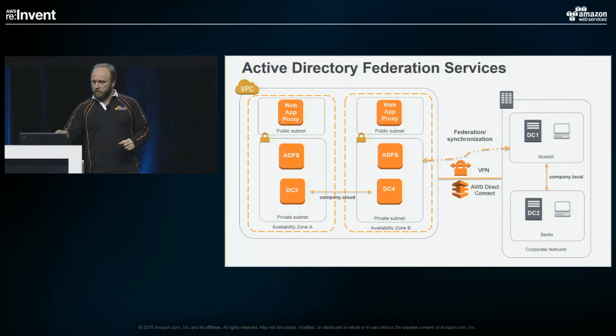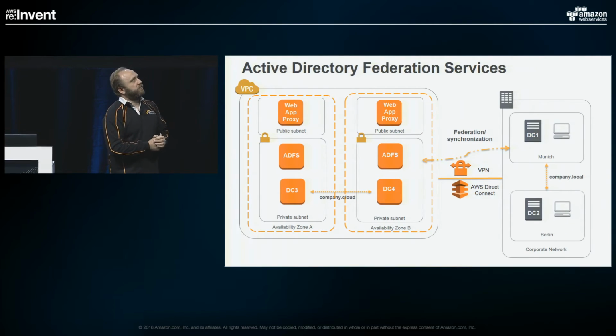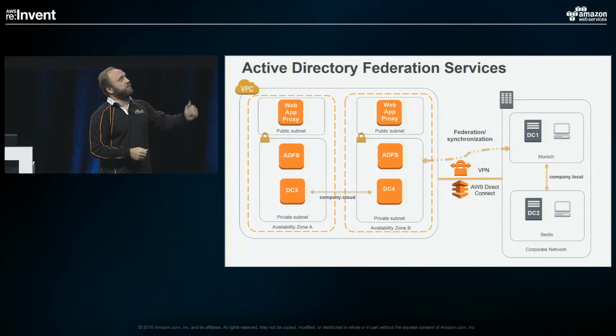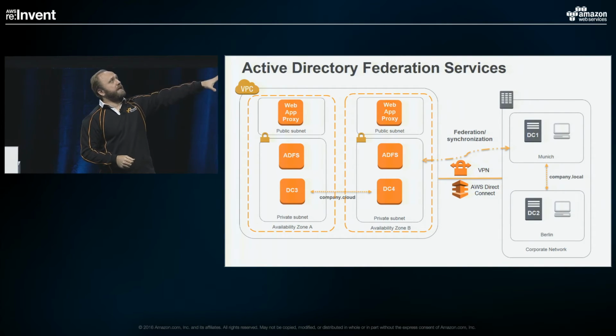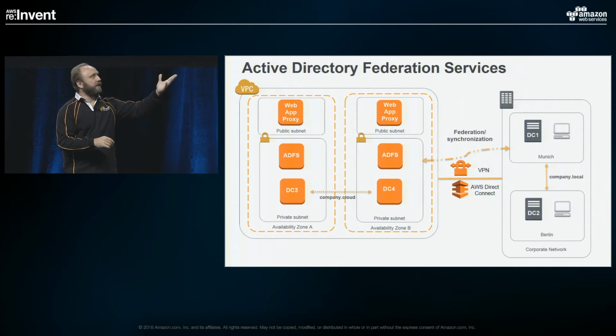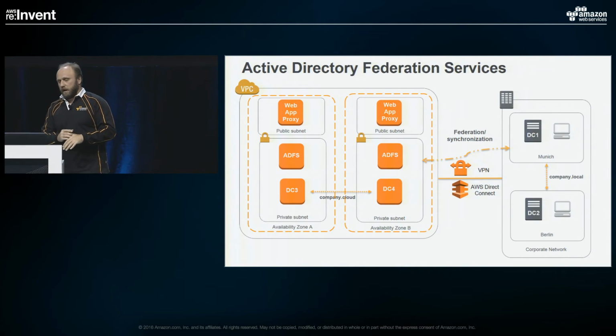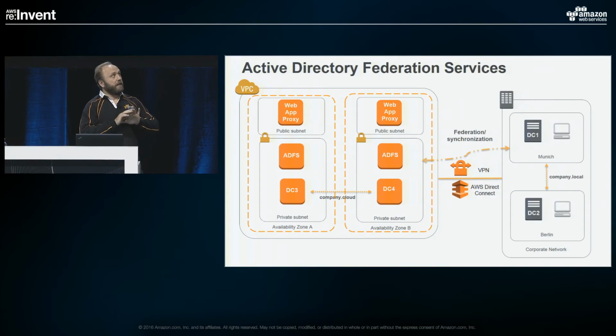So what does the Active Directory Federation Services deployment look like? Pretty much something like this. You would have your ADFS proxies up in the public subnet and the ADFS servers running internally with DC servers behind that, and you would have established federation and synchronization back. As such, you can also have that deployed to federate to any other systems, to any other sites, and to any other services if you're running it straight out of